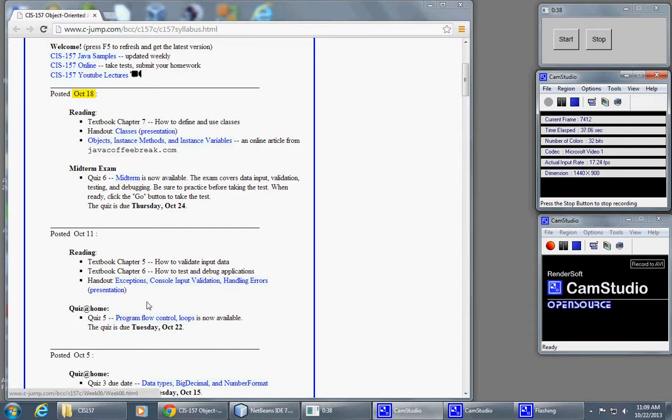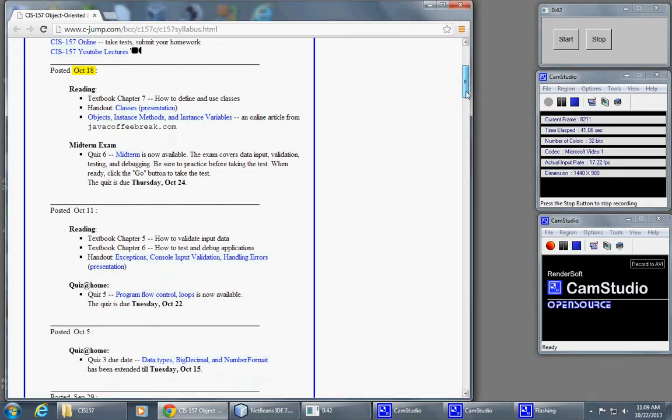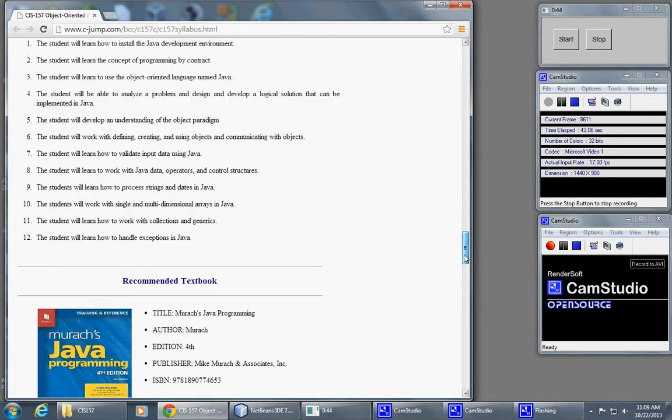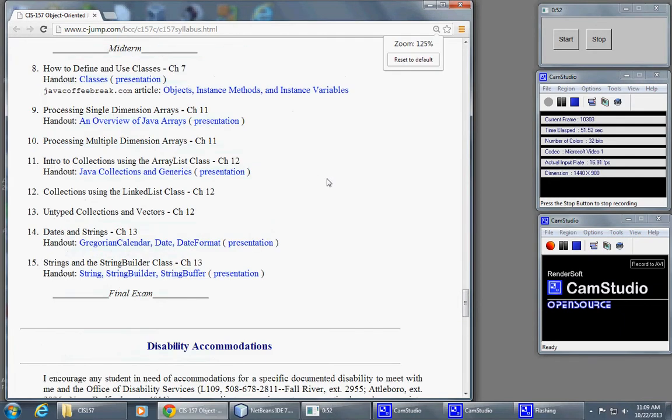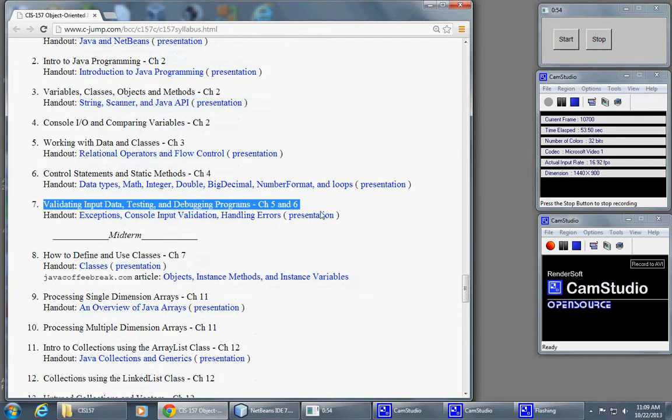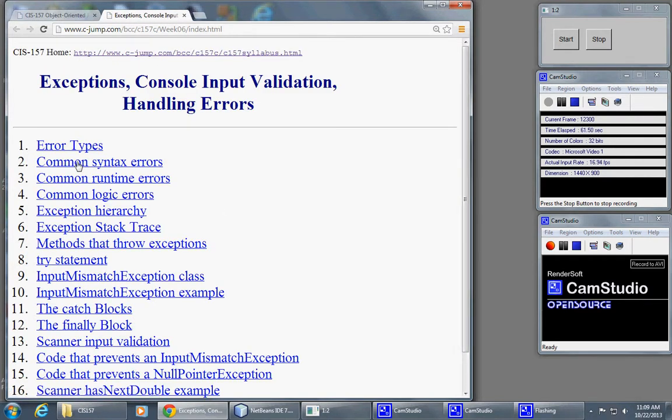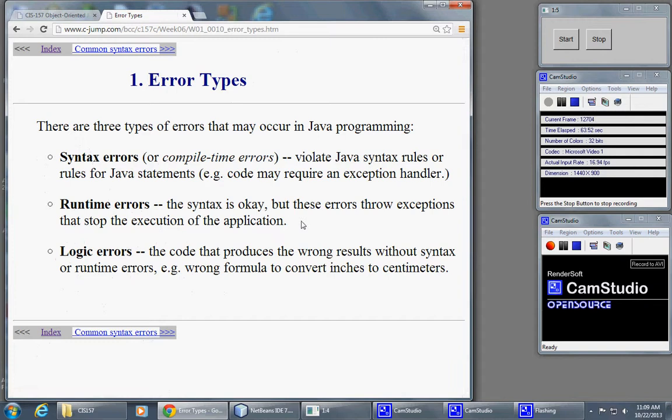So the official handout is right here posted, but also, of course, you can find it in the outline for the course. So in the outline, I'm just showing you that this is number 7, which pretty much goes to our midterm. So that's today's presentation. So let me go to just discuss somewhat